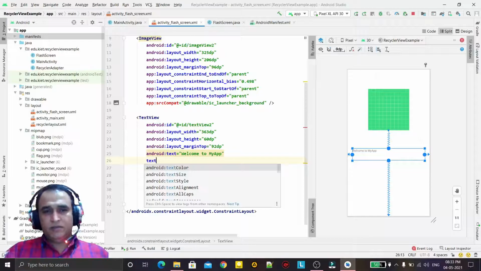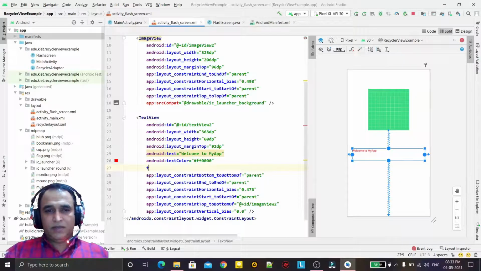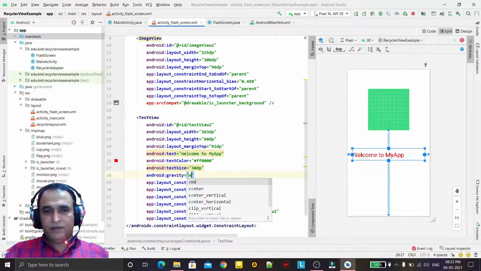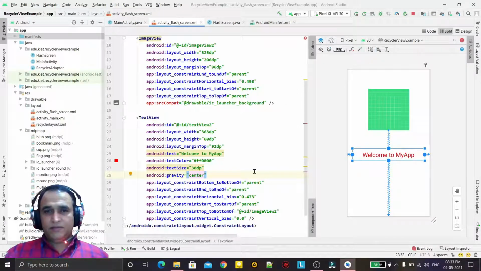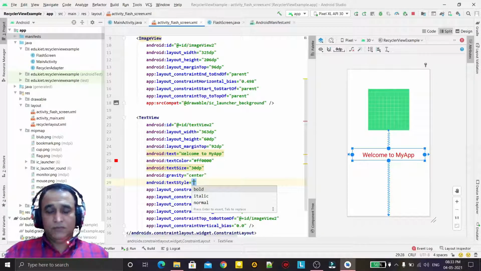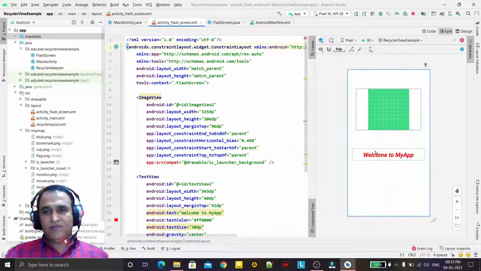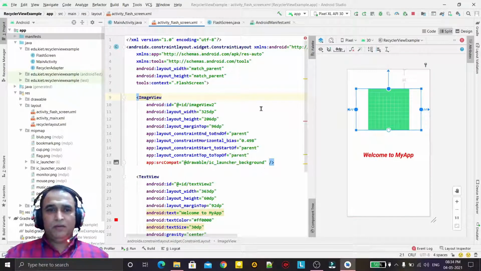Text size 30 dp, text color maybe red, gravity center. We can make it bold also, style bold and italic, like this. So welcome to my app, this is my flash screen. You can design it as per your wish, but I am designing just for example here.